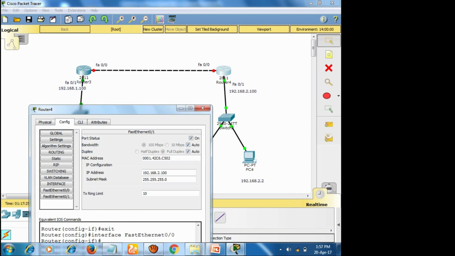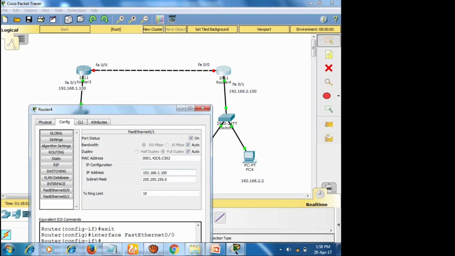So I have two ports from this 2811. I have two different cables, right? One cable which is connecting to the switch 2, right? And another cable which is connecting to router 3, right? So that is why I have fast Ethernet 0/0 and fast Ethernet 0/1. So for router, we have to configure an IP address, right? So based on that only it will be transmitting, right? It will redirect the packet from one network to another network, right?